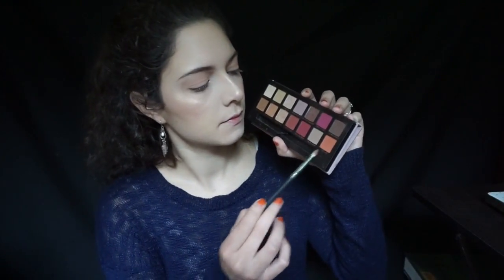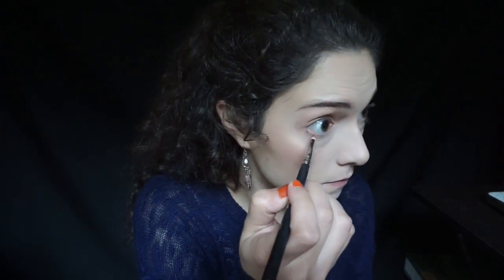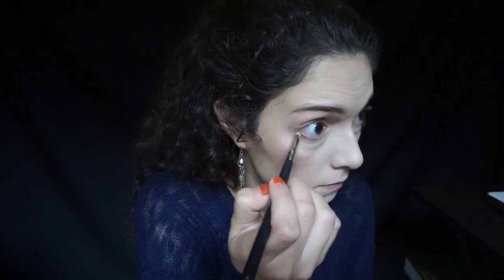And then I'm going to take this pencil brush from Morphe and I'm going to dip back into the Modern Renaissance palette in the shade Realgar, maybe. And I'm going to buff this right onto the lower lash line. See, I told you this wasn't hard. I'm not really doing much, and I'm just blending this out in the lower lash line, and then I'm going